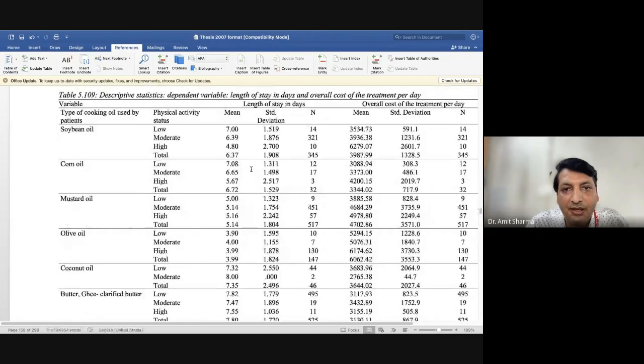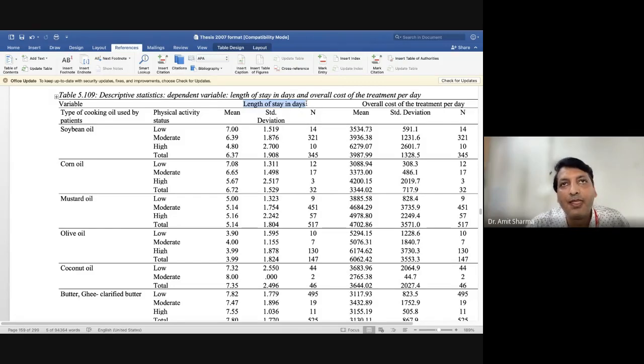So might be, yes, you can see here both variables you can club together. In this particular test, I was having two dependent variables. One was length of stay, and the second one was cost of the treatment. But in the test which I have shown you, linear regression through GLM, I was having only one dependent variable, that was systolic blood pressure. So we have got only one table.